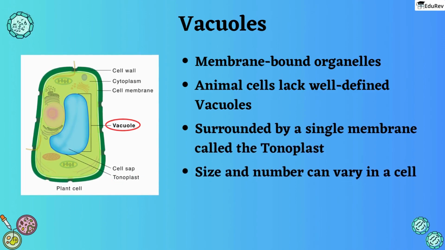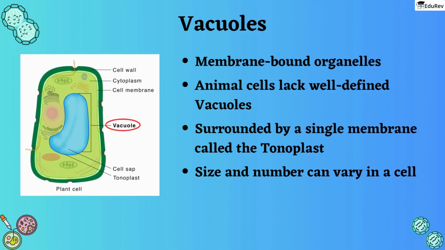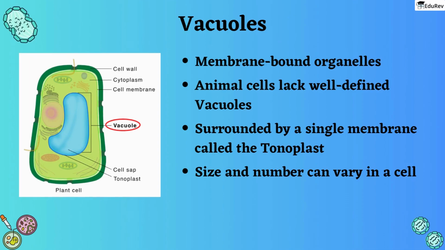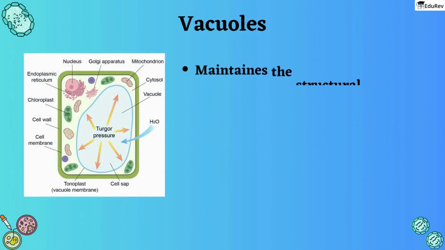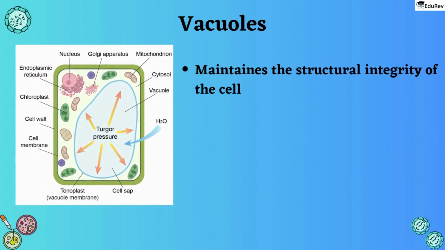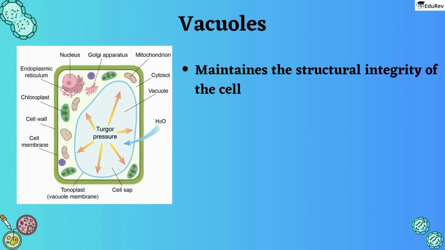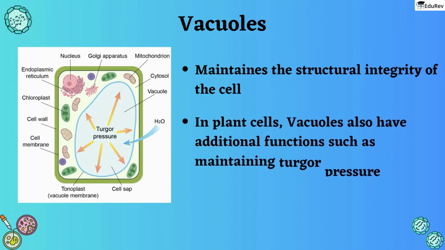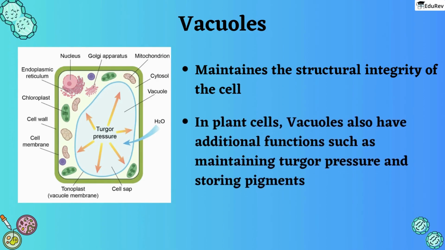The size and number of vacuoles in a cell can vary depending on the cell type and its stage of development. Vacuoles play a vital role in maintaining the structural integrity of the cell, regulating the water balance and ion concentration of the cell, storing nutrients and waste products, and participating in cellular metabolism. In plant cells, vacuoles also have additional functions such as maintaining turgor pressure and storing pigments that give plants their